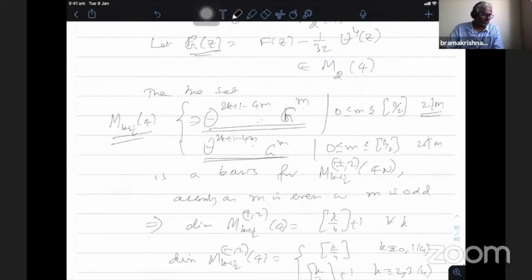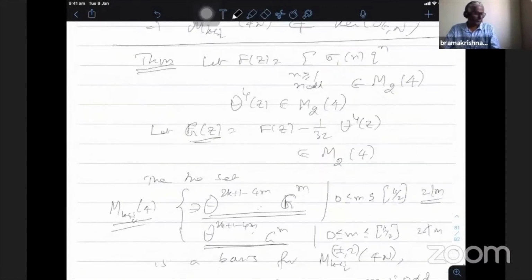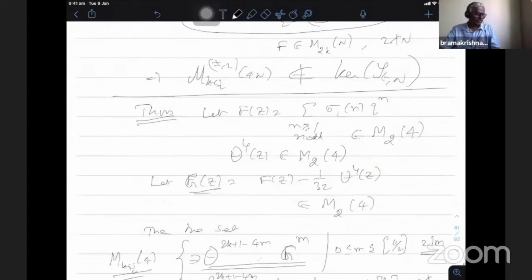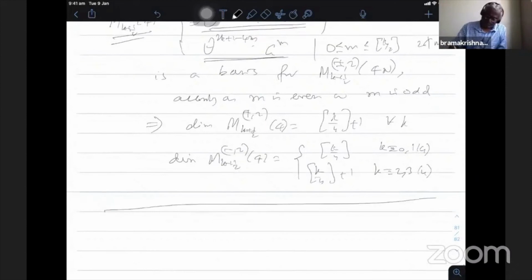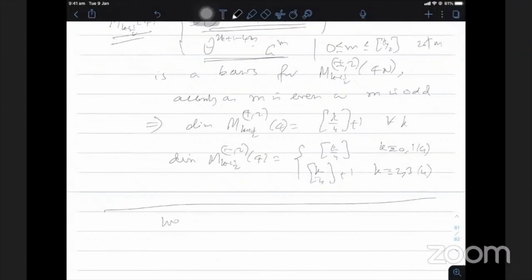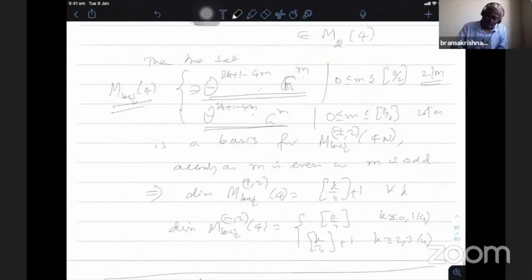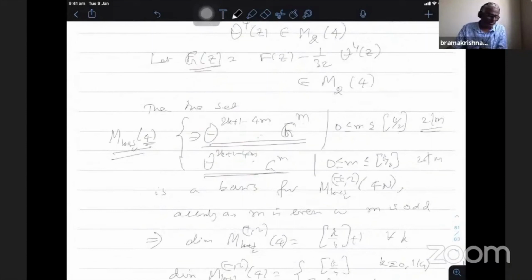Using the dimension formula of the space plus minus 2, I have to consider as a whole, I think. So one can see that the space we have seen, this is the basis of M_{k+1/2}^{+,-}(2,4). Level 4, not for general. So just for level 4, I can get it. In the simplest case we get the generators because we know certain information. Otherwise, for higher levels, we do not know.